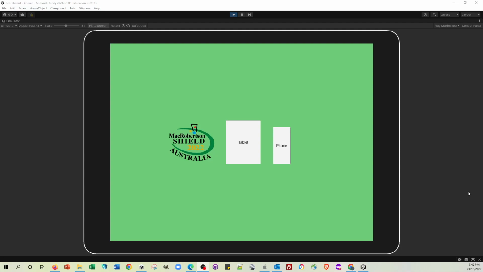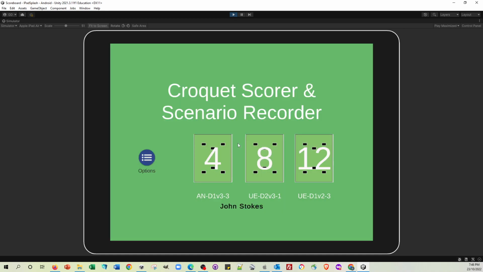Okay, so when you open the app, this is essentially what you'll see. I've got the screen optimized for a tablet, so that's what I'll click on here. Obviously, in the future, it would be nice if it detected it automatically, and it may well do by that stage. Now you can see that there's room here for a volunteer to get 3 lawns worth of information,